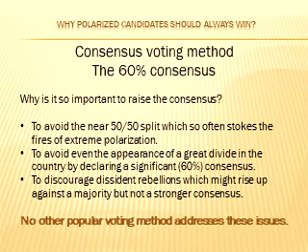Consensus voting. The only change from Buckland's original algorithm is to raise the consensus from 50% to 60%. Why is it important to do this? Consensus voting doesn't mean there can't be close elections. Imagine that 2 candidates are virtually tied at 65% of the vote, but candidate A has 1 more vote than candidate B.